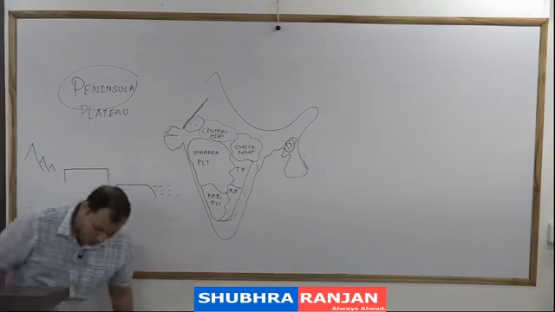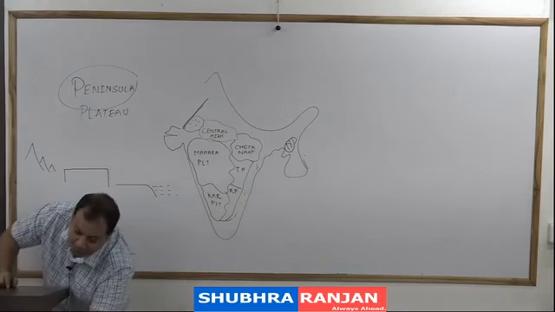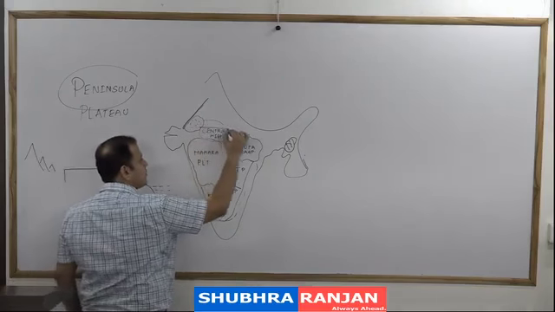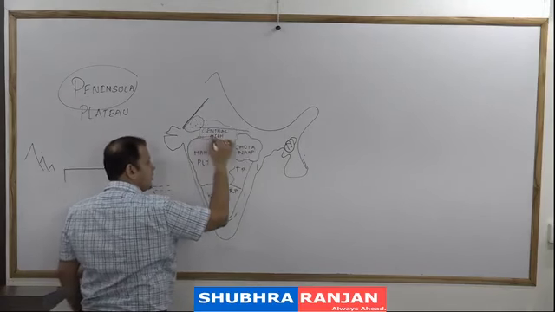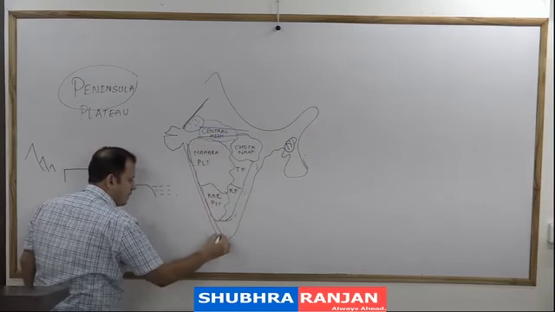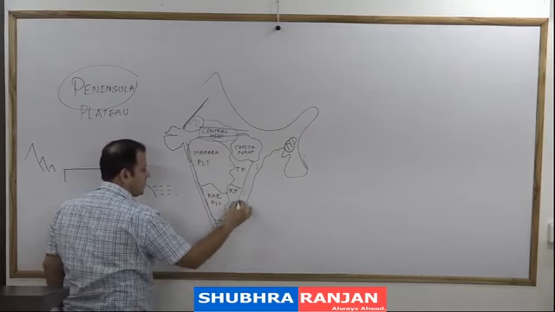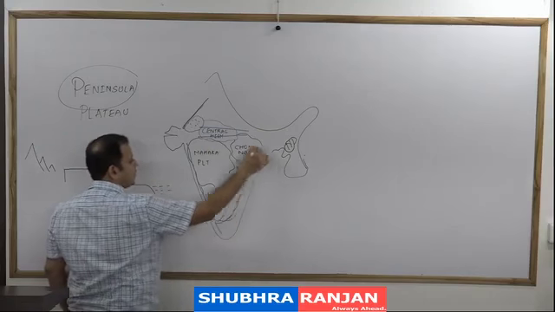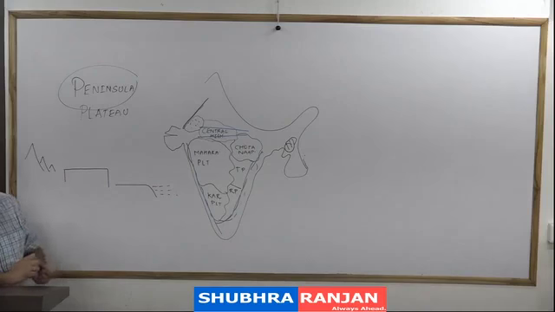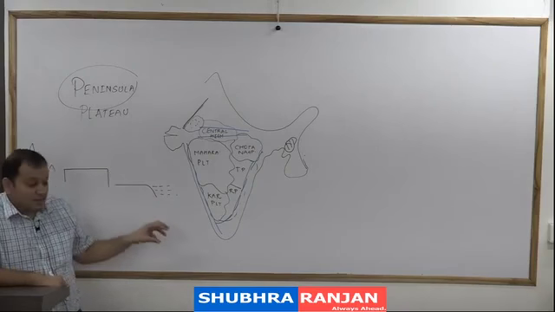So peninsular plateau also has some of the mountainous ranges जिसको हम कहते हैं the edges of the peninsular plateau, and this is Vindhyas, this is Satpuras, this is Western Ghats, and this is Eastern Ghats. So that is why it is bounded by the mountainous region, therefore we will call this as a peninsular plateau. So this, remember, is one of the oldest landmass in the world,